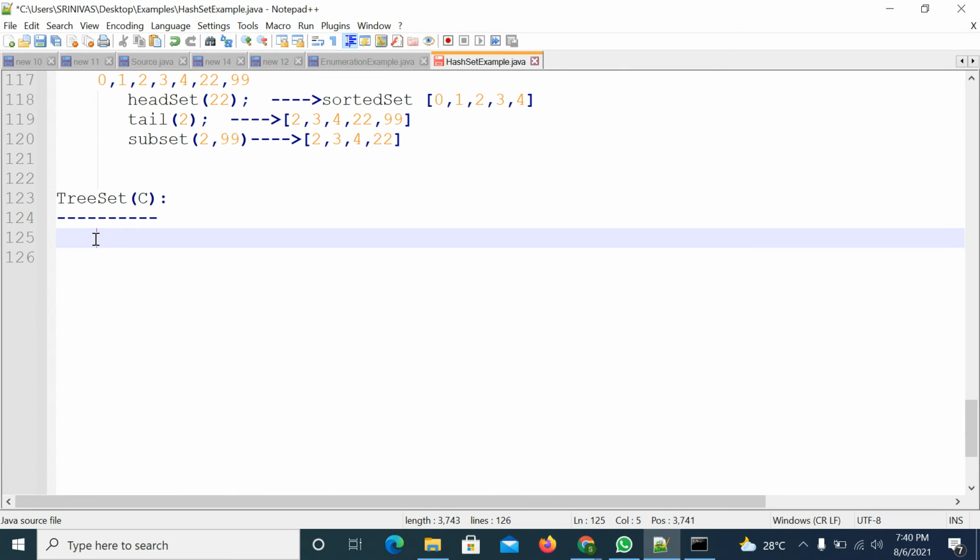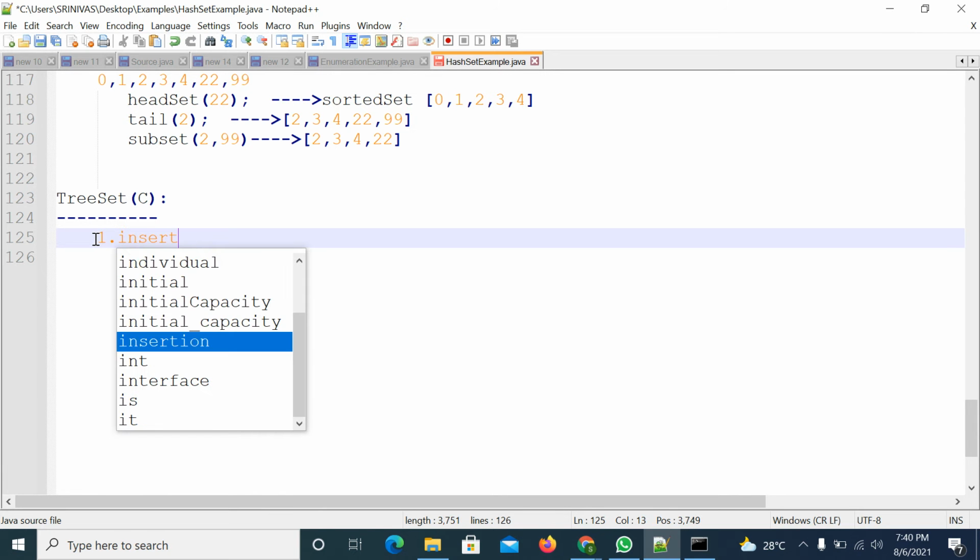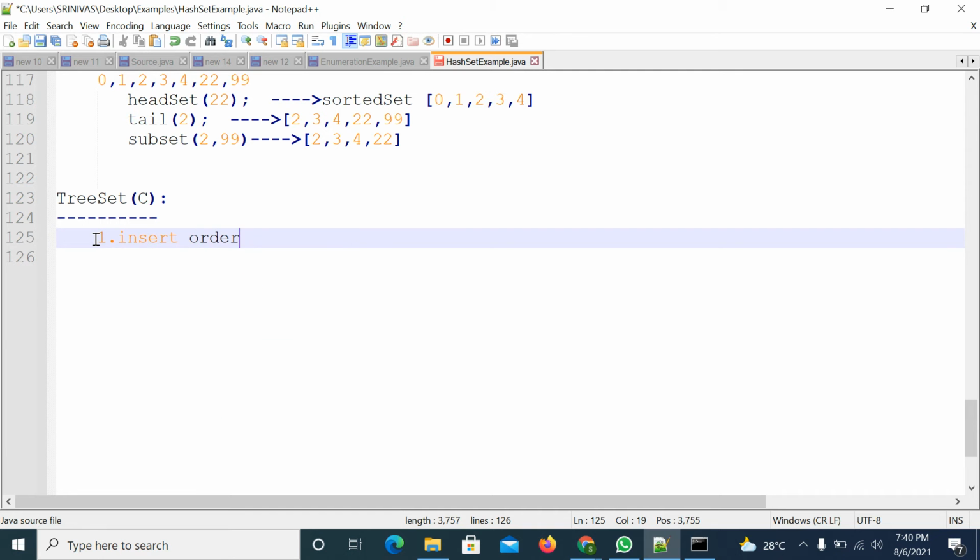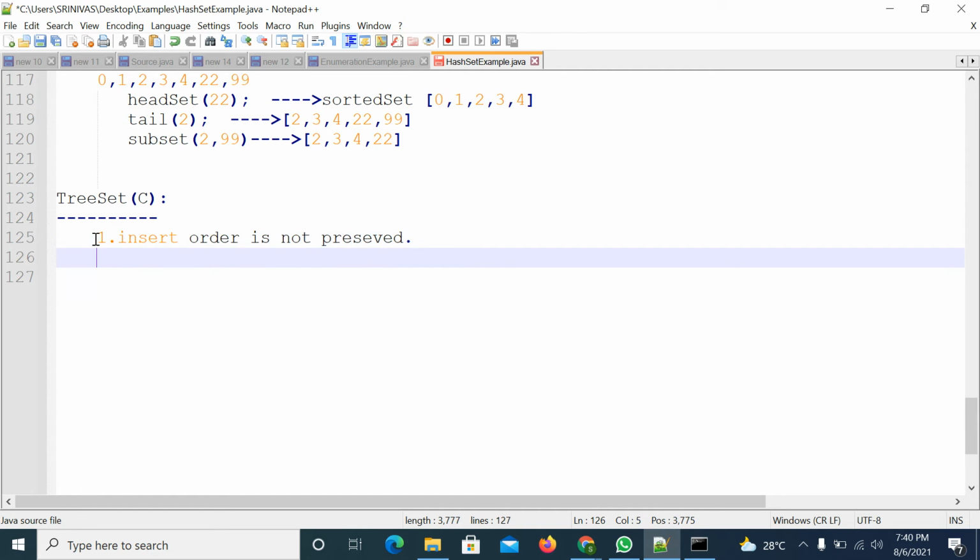So TreeSet. First point, insertion order is not preserved.